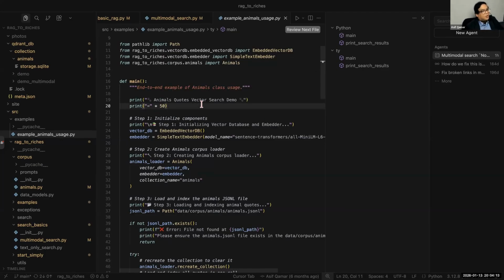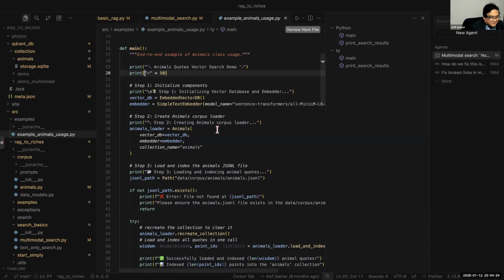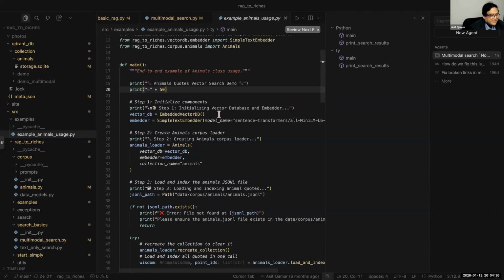We will assume that all the animal codes have been created into vectors and put into a vector database, right? So let's do that. How would we do that? We will first go and instantiate a vector database. You need a vector database, right? And then what do you need? Vector database is here. You need an embedder. Right? What will the embedder do? Take a text and convert it to a point in a vector. So you have an embedder.